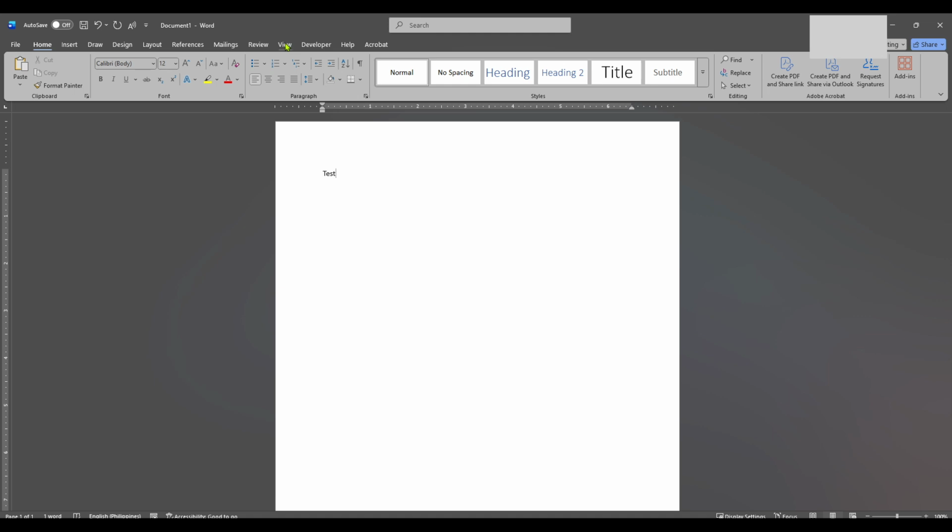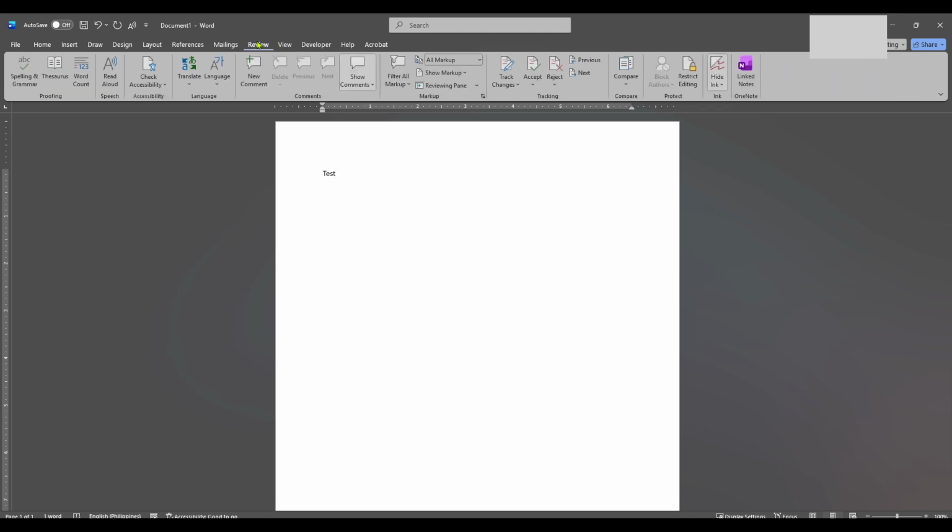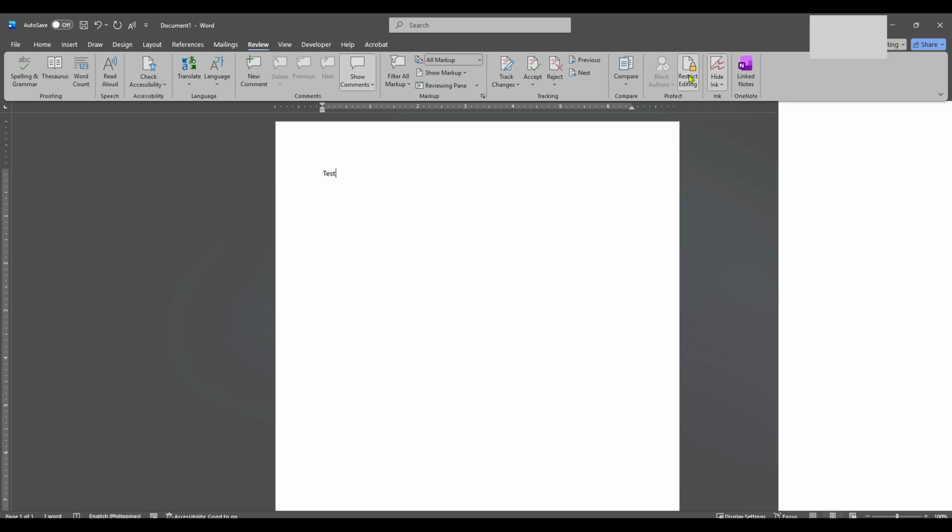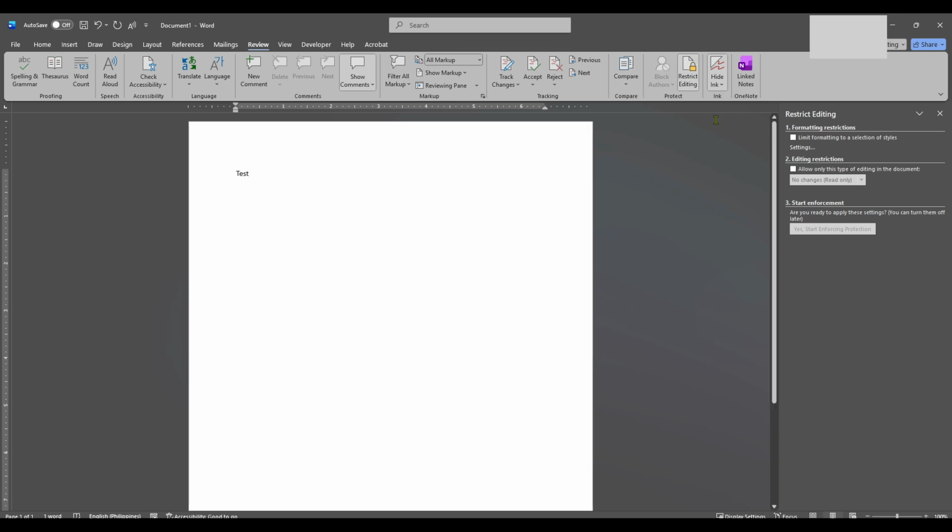In the Review tab, look towards the far right of the ribbon for the option labeled Restrict Editing. Go ahead and click on that. It's like opening a gateway to the permissions of your document. What you're doing here is accessing Word's editing restrictions, which is often where the issue of selection locking originates. When you click on Restrict Editing, a pane will typically appear on the side of your window. This pane is where all the restriction settings reside.